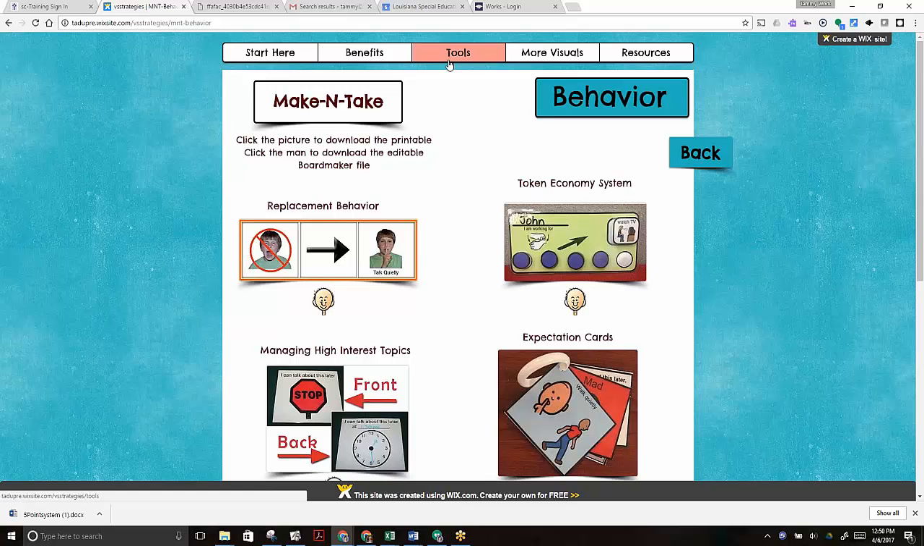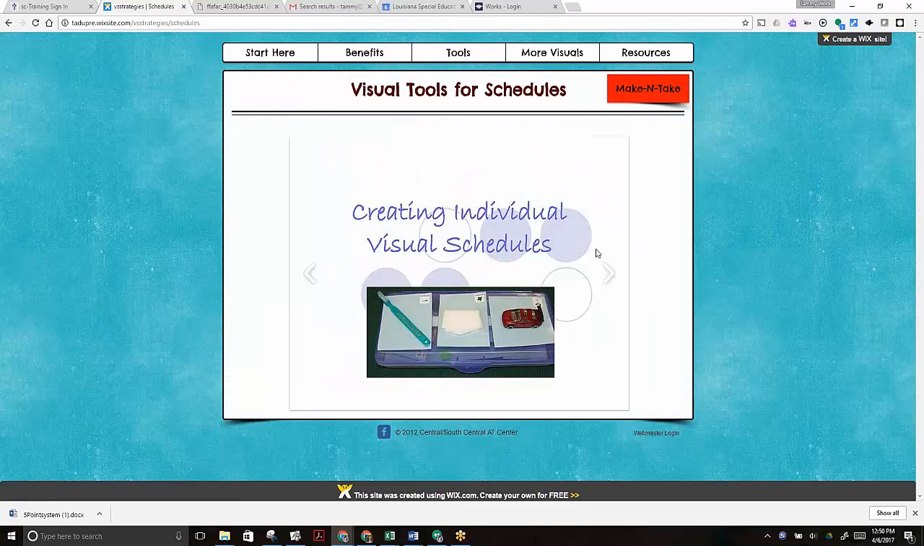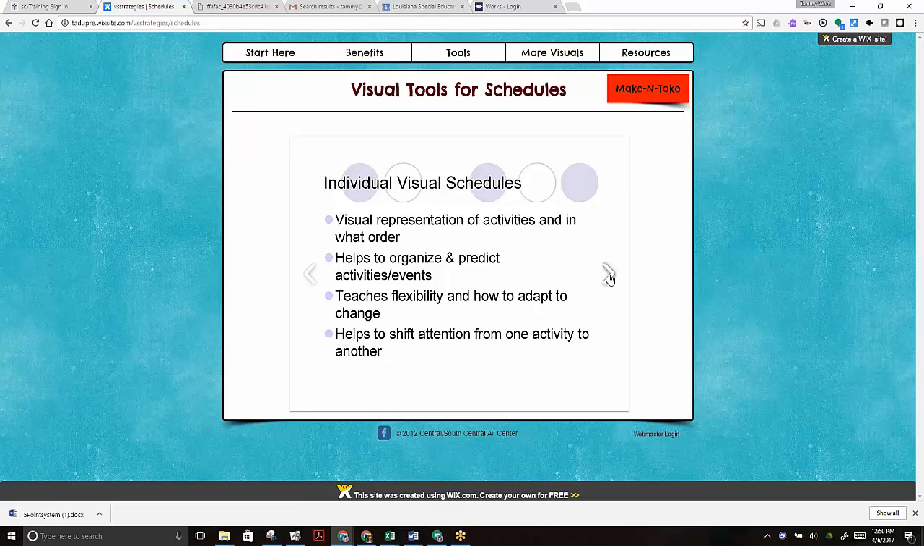So let's go back to the tools icon and let's look at schedules, visual schedules. So creating visual schedules, there's a lot of different ways to do this. It helps with representing activities in what order they're going to happen. It helps to organize and predict activities